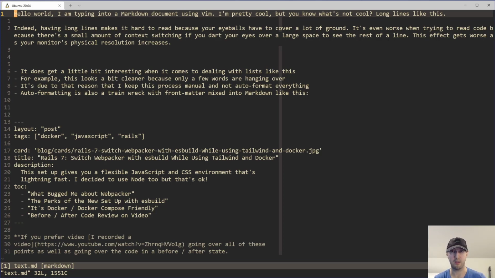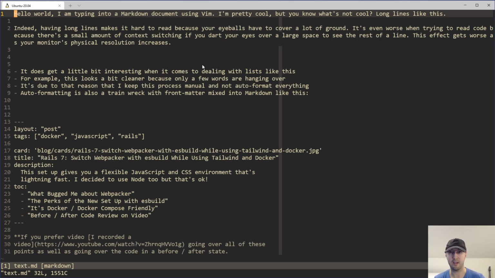I also like to format code to 80 characters wide, but typically I use some package related to my programming language because it's going to be a lot more smart around how to do that formatting. But when it comes to something like a markdown document or text file, Vim can handle this very easy using the gq motion. Now, check this out though, and I don't want to make this video a sales pitch on why you should consider maybe wrapping characters to a certain width, but for the sake of this video,